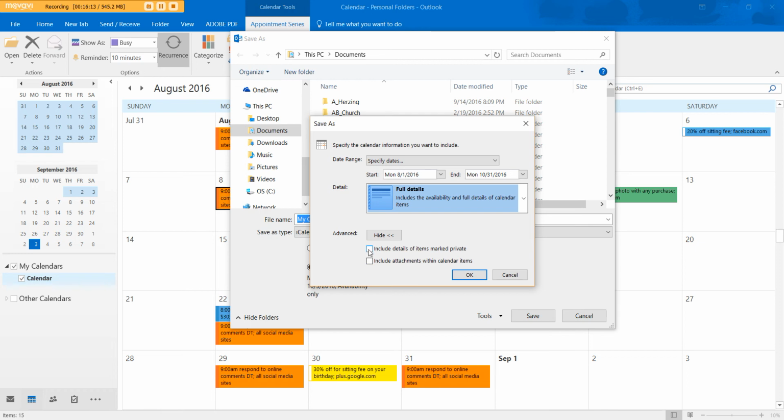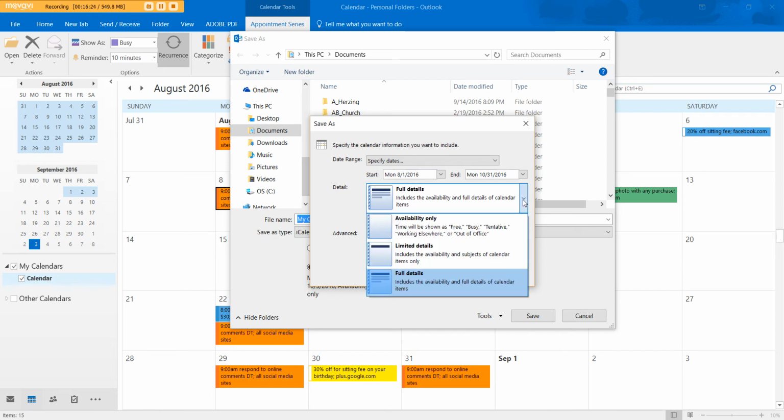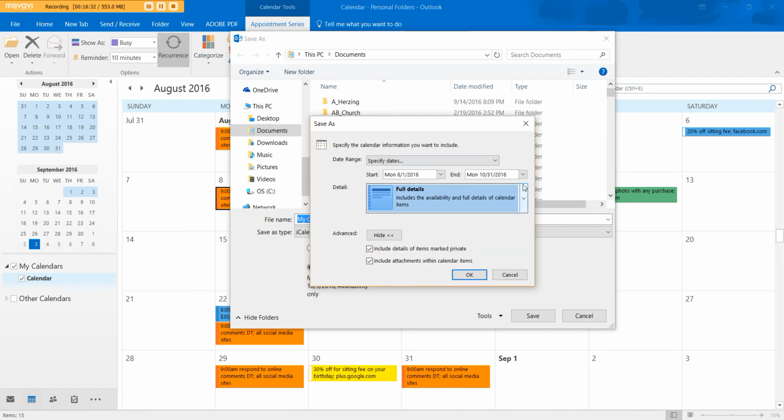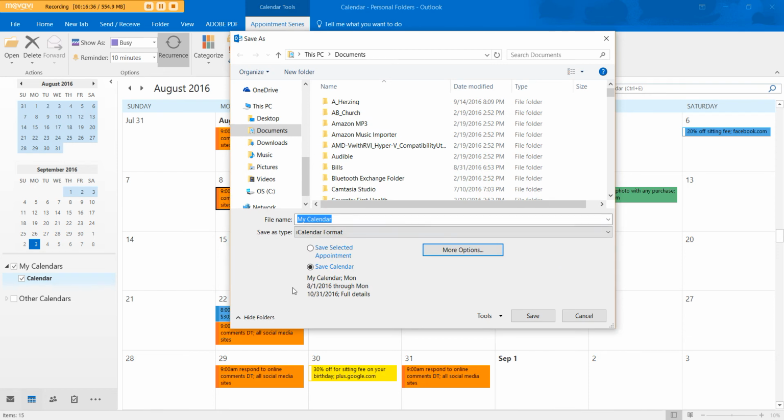I didn't click those, but you might, just to make sure. The most important thing is that you're showing me August and that you have full details. If you don't have full details and only have availability, I won't see any of your appointments. So I need full details. That's really, really important. Now when you click OK, it'll give you your information here. Then when you click Save,